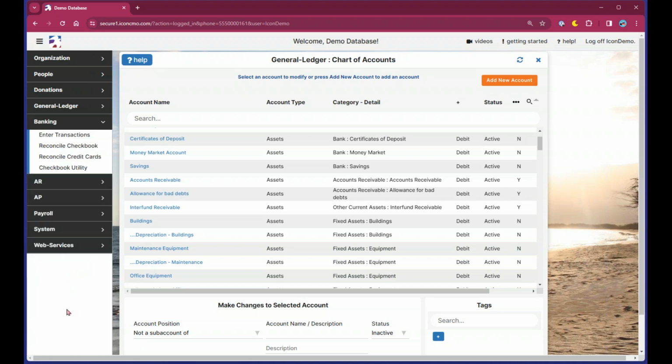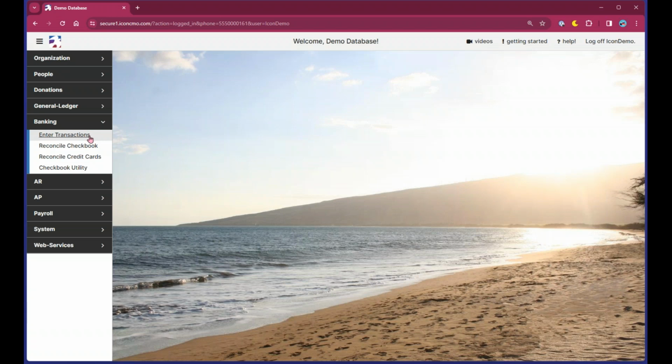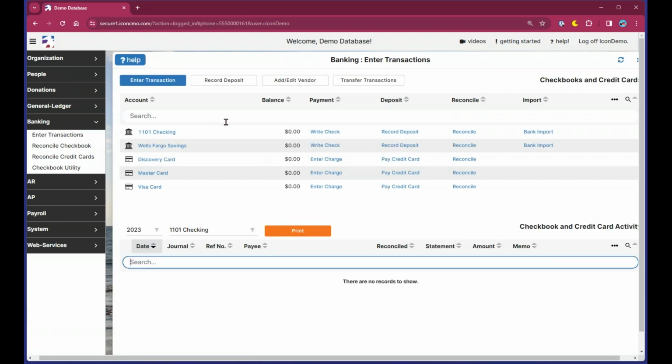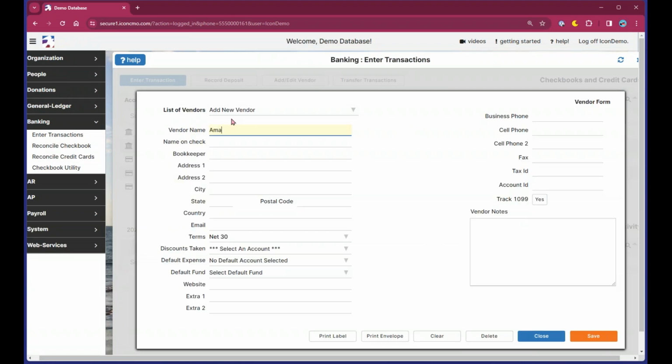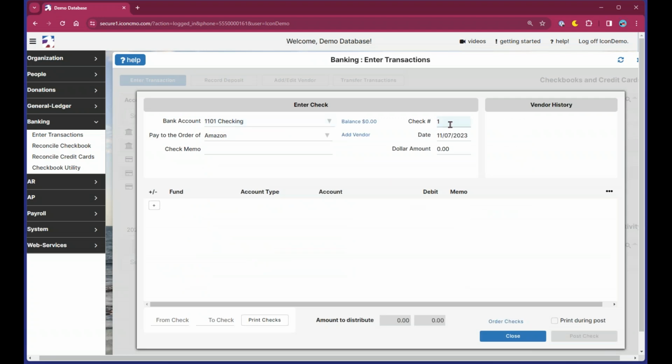Revenues and expenses can always be added along the way. I'm just going to show you an example of how you can add it after you've gone through your chart of accounts, even in the middle of a transaction. So if I'm writing a check from this account, I don't have a vendor yet, so excuse me while I add, we'll just say Amazon. I'm going to add that, and we'll say it's actually not a check, it's an EFT transaction. And I spent $20,